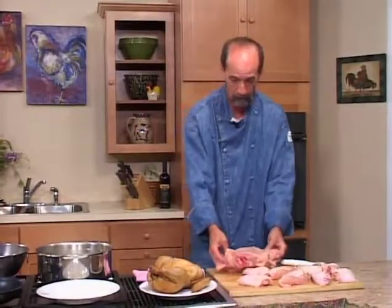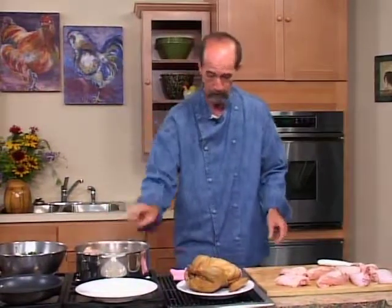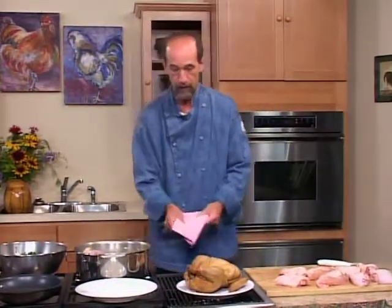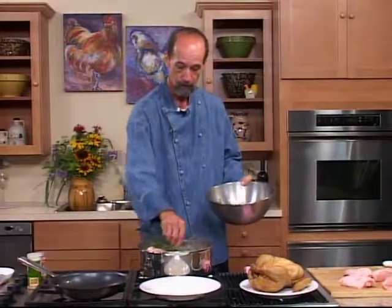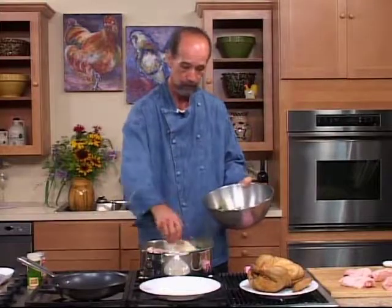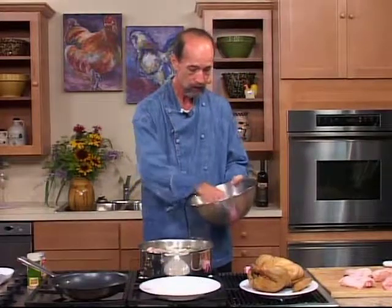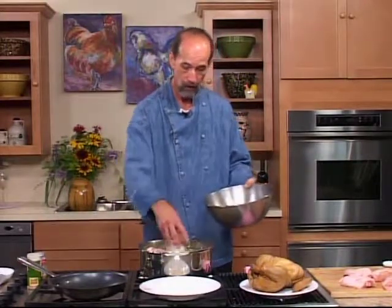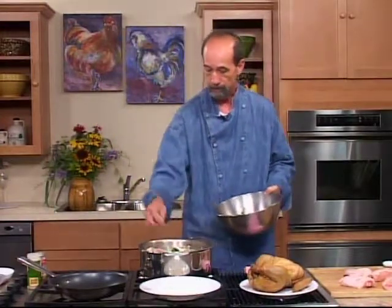We're going to take the carcass of this chicken, place it in a pot of water. This water is simmering, and then we're going to add some vegetables to it. And what I do at home is I keep scraps of vegetables in my freezer. So now I have some frozen ends of herbs, a little celery, some garlic scraps, some skins, mushroom stems, stems from zucchini, stems from squash, carrots, and even a little stem from broccolini. So you place that into the pot with the carcass,